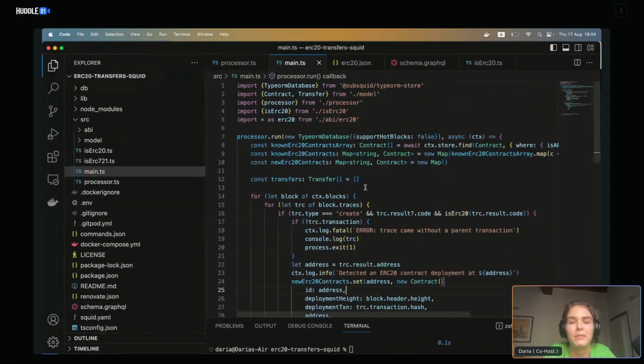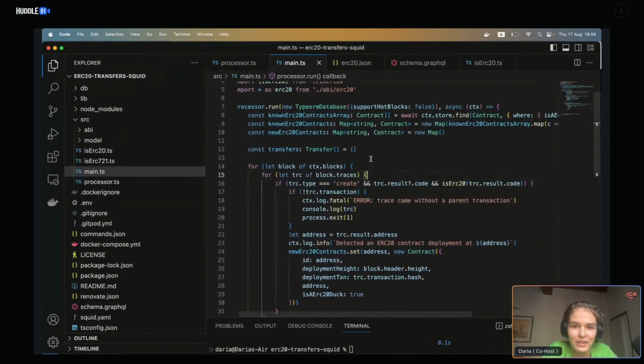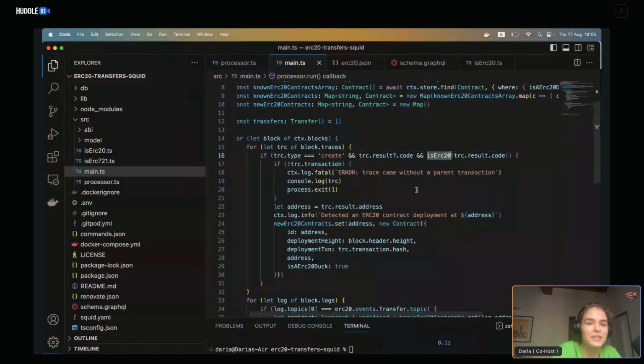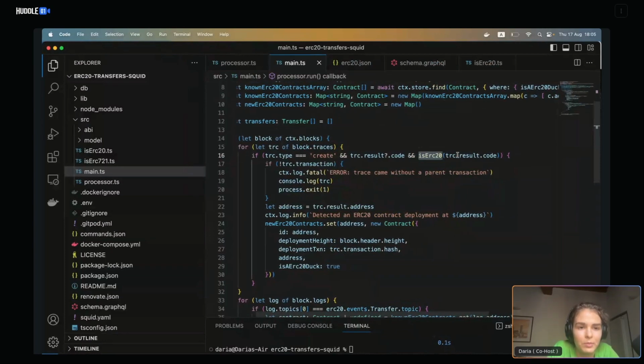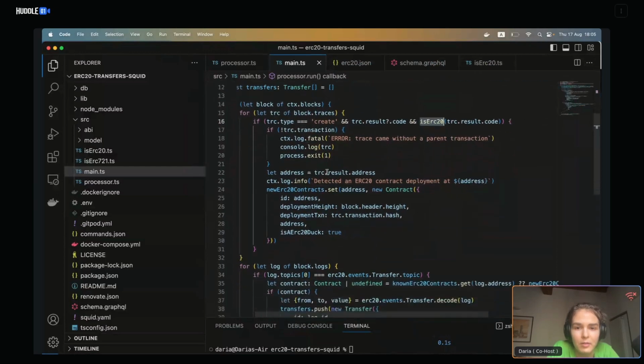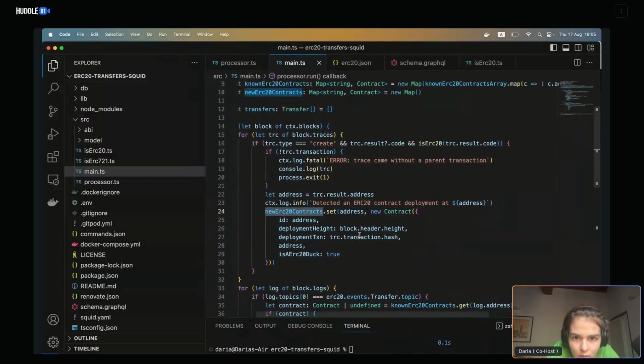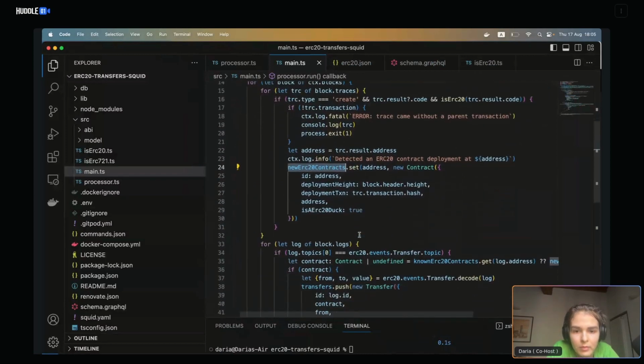Okay, so let's recap. First we go through each trace of the block, and if the trace is of the type create, and as a result of that create transaction we get the bytecode that corresponds to the ERC-20, we get the result address, and we add the contract to the new contracts. And then